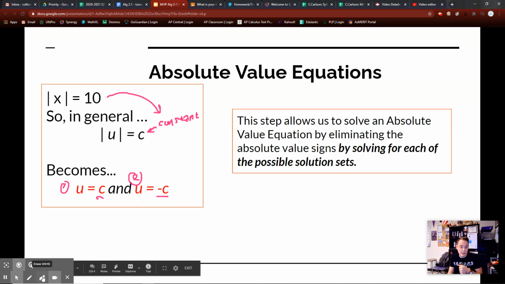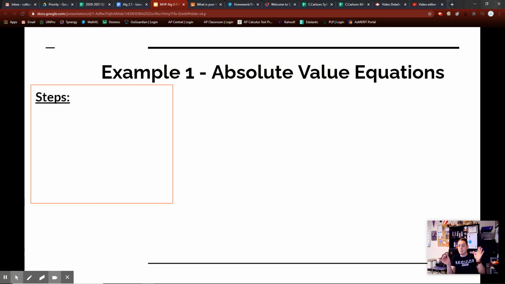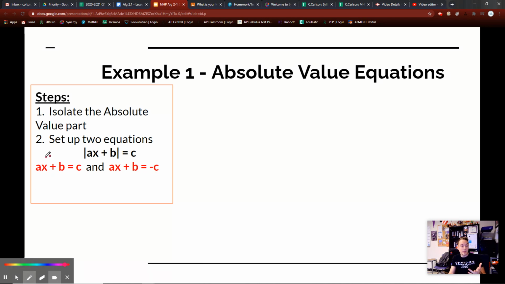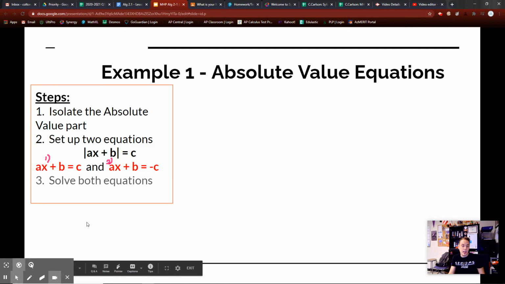All right? So let's erase this. Let's go to town on my first example. Here are the steps. You should definitely write down the steps. Please write down the steps. You need to. They're vitally important for you. Example 1: isolate the absolute value part. So those are the bars, the field goals. Set up the 2 equations as shown. But I'm going to show you a different way. So if I have this equals c, then I have this. Notice how there's no negative here, but this does have a negative here. So this will be my first equation, and this is my second equation. Perfect. Solve both equations,